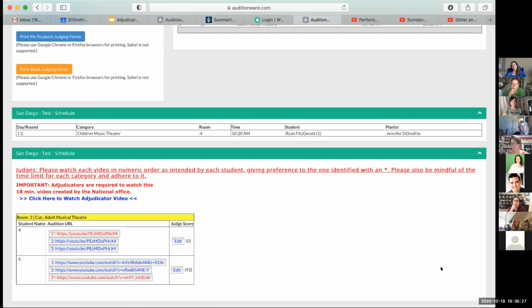And the reason we have the time in this event is not only for our ease, so that it doesn't last 14 hours, but also so that everyone gets the same amount of listening time, a fair shake. If you allow someone to sing for 15 minutes and the other one sang for 8, it's just not equitable. So if you want to hear that third piece, just mark it down and go back and listen later. That's what I'm asking of everybody.